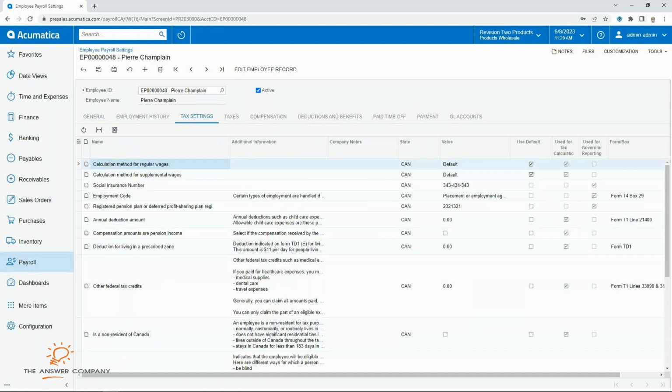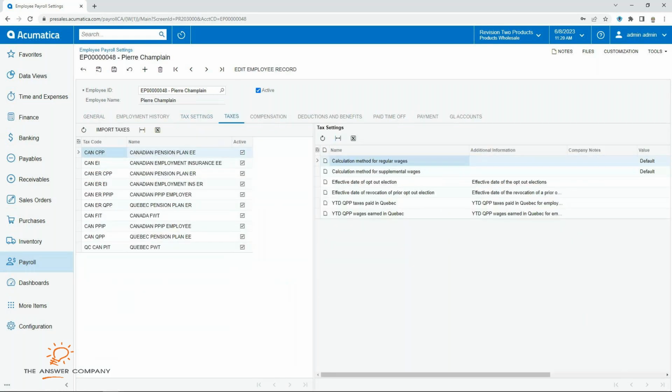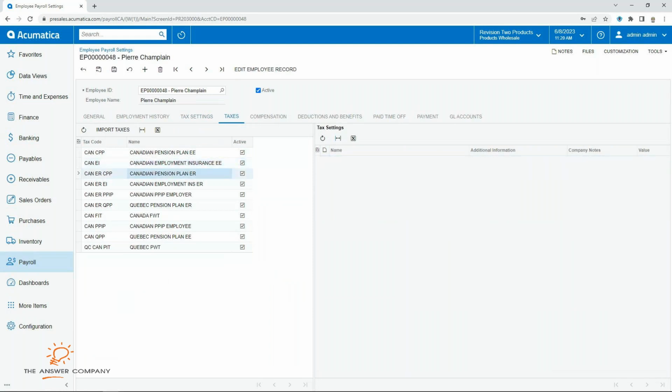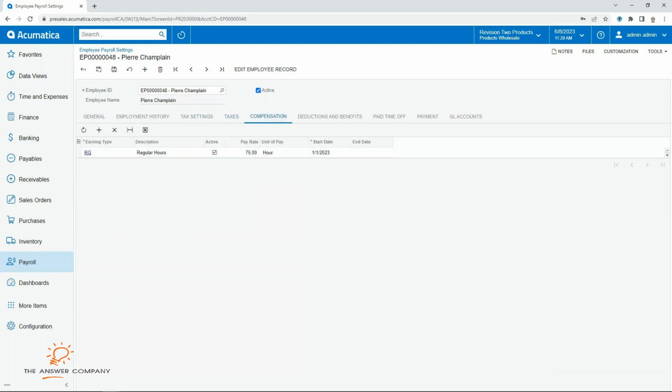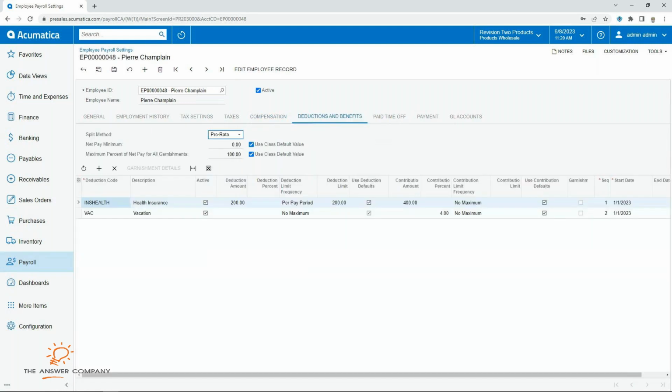Tax settings, this is where you get specific with the tax maintenance screen we saw previously. If you needed to do any changes or updates, you could do that between these two screens. Compensation, this person is paid $75 an hour. If they were salaried instead, you'd see the yearly rate. We apply the individual deductions and benefits, or just stick with the class values, individualize it down here in the